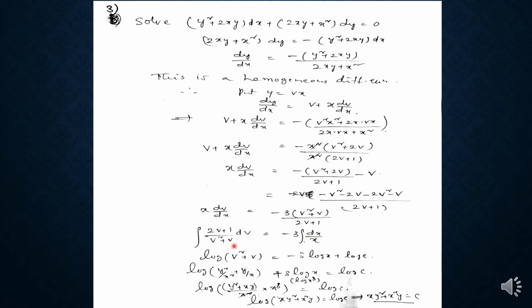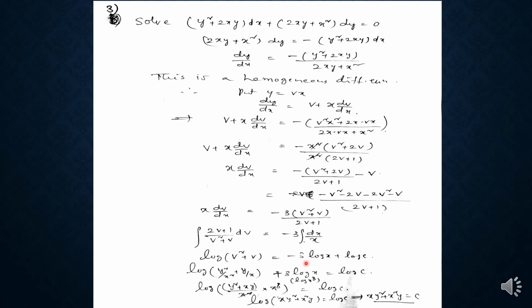So after separating the variables by integrating on both sides, integral (2v + 1)/(v² + v) dv is equal to -3 times integral dx/x. Check whether it is in the form of integral f'(x)/f(x) dx. Yes, this is in the form of integral f'(x)/f(x), which is equal to log f(x). So that is log(v² + v) is equal to -3 integral dx/x